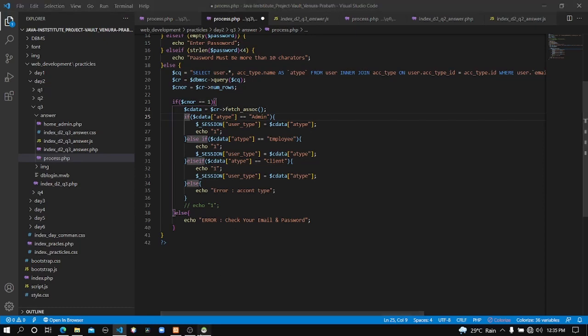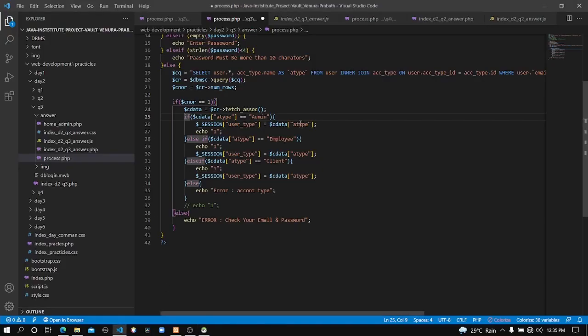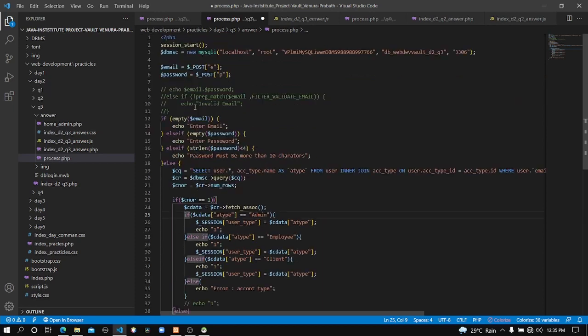That means it will check whether the account type name is equal to admin,